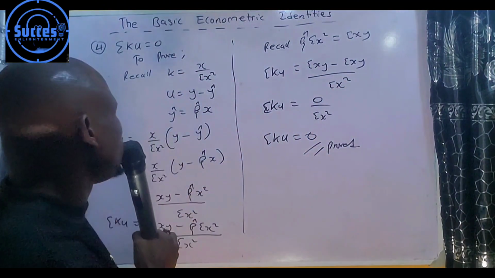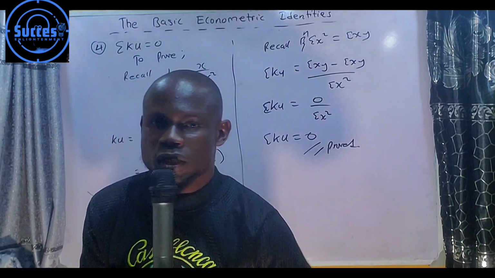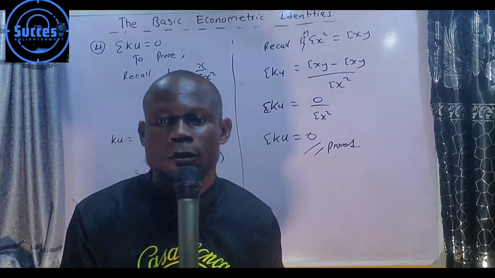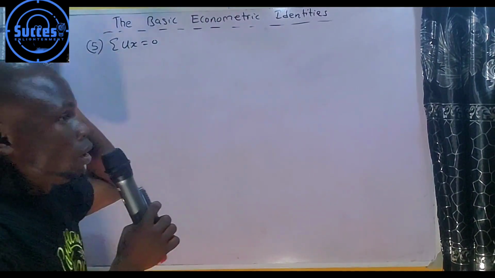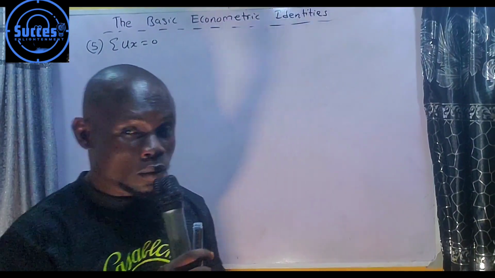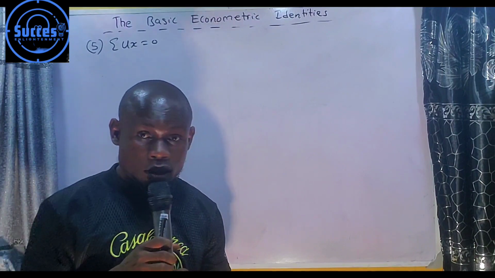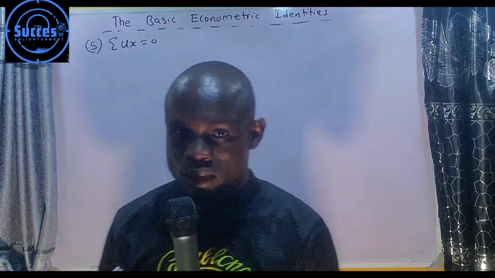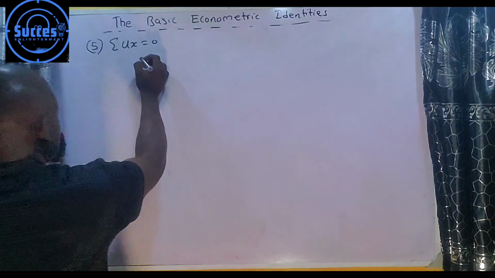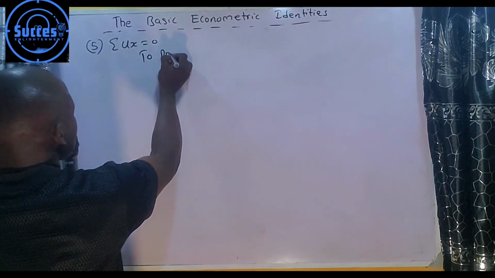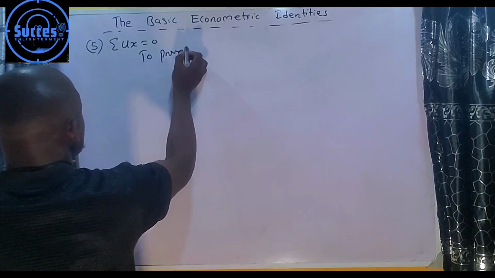Without wasting much time, let's go to the fifth proving. The fifth one we'll be proving is summation ux equals 0. That is, the sum of the error term and the deviation of x is equal to 0. From here, what we have to do is state what we are to prove, then recall